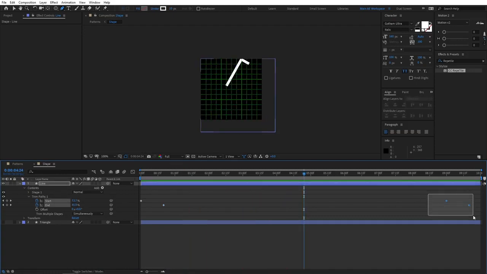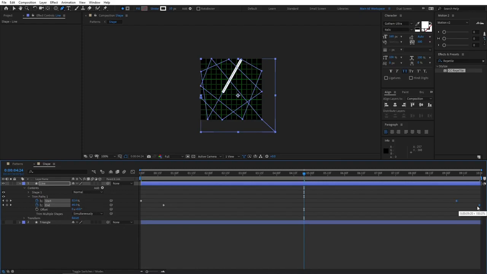Okay, and you can select these and just move them till the end of your composition. If you hold shift, they'll automatically snap. So just do that, let go. Okay,